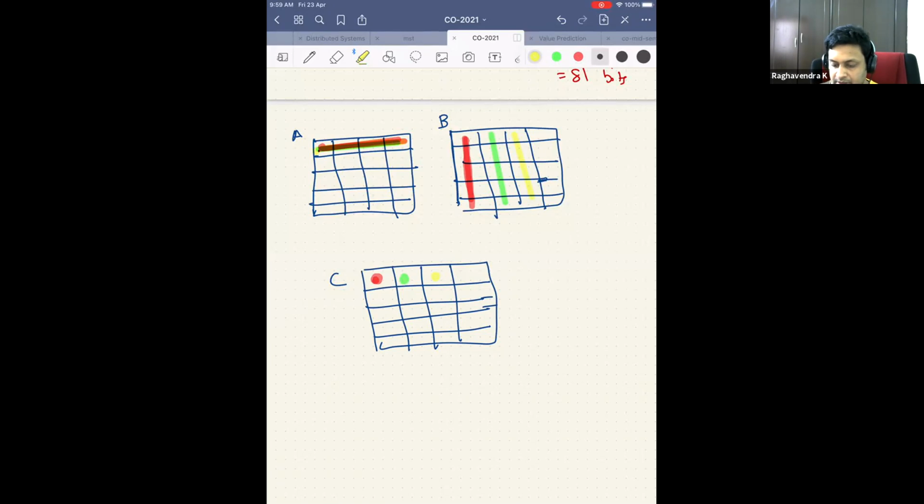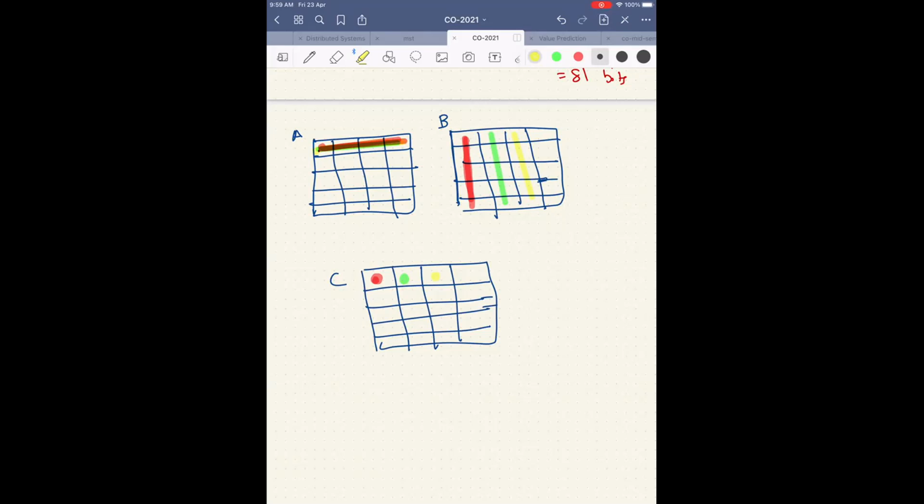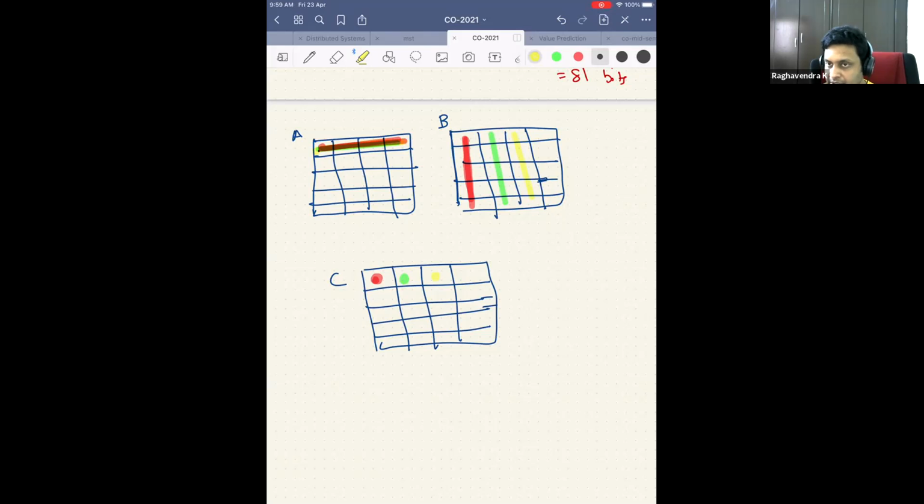Yes, sir. So this has been taught to you from your childhood days, right? So this is fine. I have written the program in the same way as when I was given this. But can you tell me now, since you know about computer organization, is this the right way to do it? Accessing B will be slower because it's not row wise. Yeah, that is one thing. B will be slower.